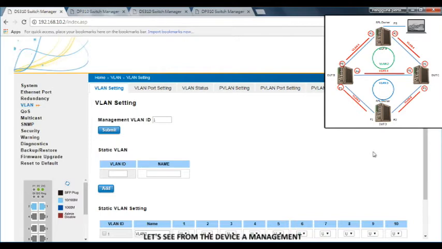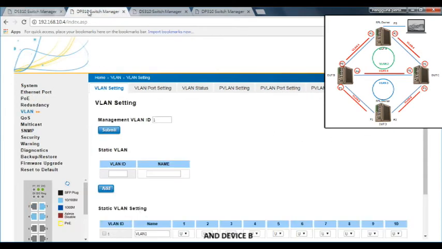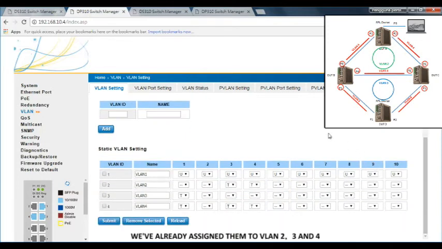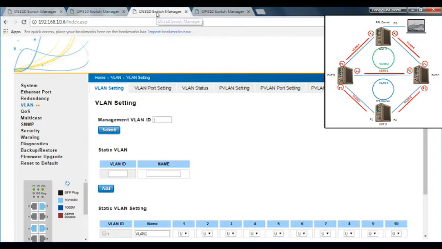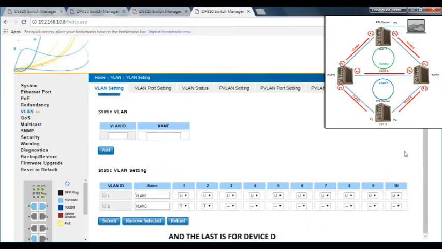Let's see, from device A management, we assign them to VLAN 2 and VLAN 4. In device B, we already assigned them to VLAN 2, 3, and 4. And also for device C, and then the last is for device D. After we assign all of the ports to the correct VLAN, the flow of all of the packets will